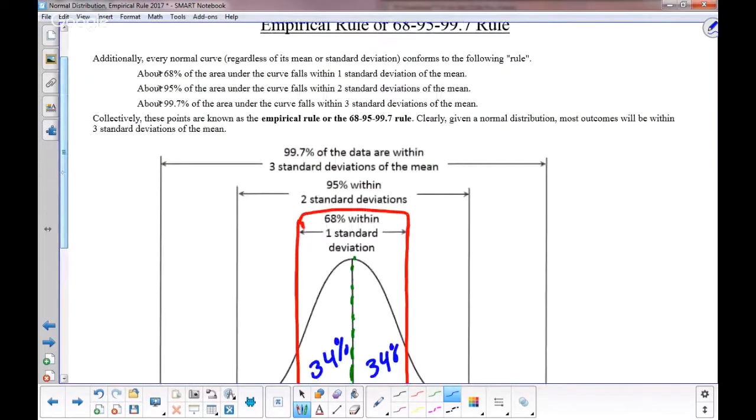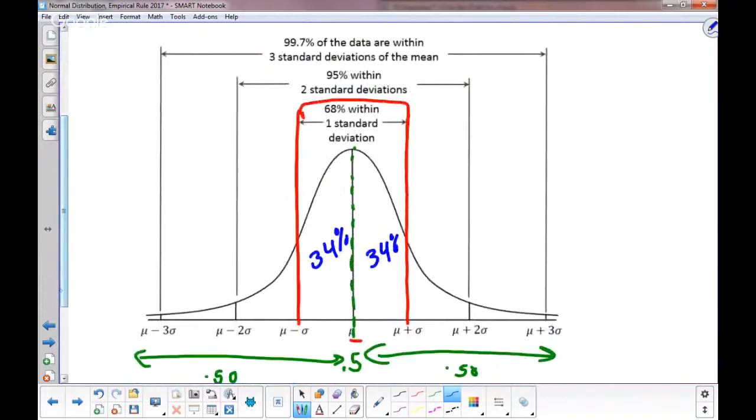Then it says within the 2 standard deviations, so between 2 of them, we have 95%. So we get a bigger chunk. And you'll notice that most of the data is concentrated towards the middle. As we get further and further out, there's less and less. The normal curve flattens out and gets smaller because there's less and less data going out there. So between the first two, we have 68%. Between the second two, this line and this line,